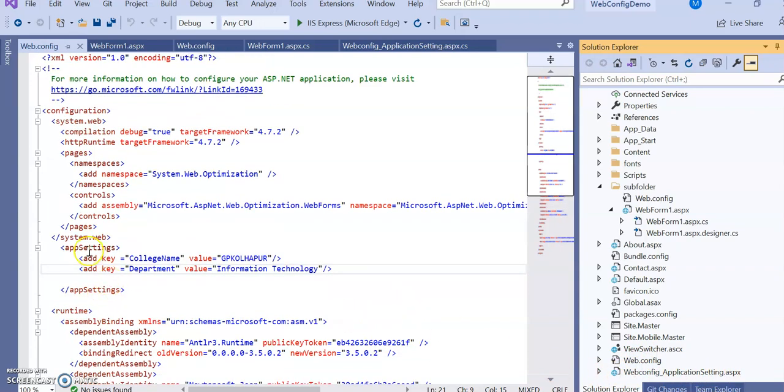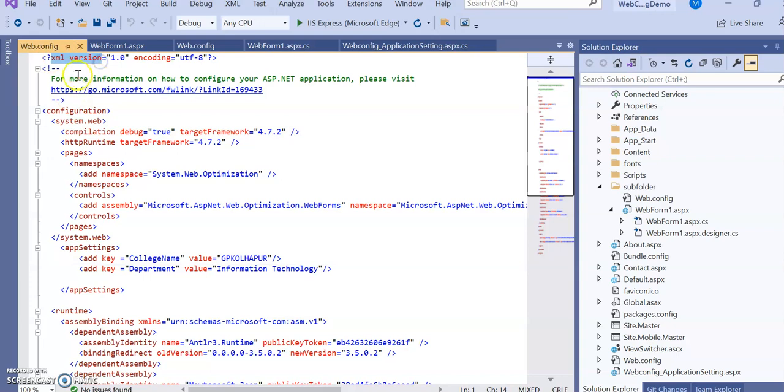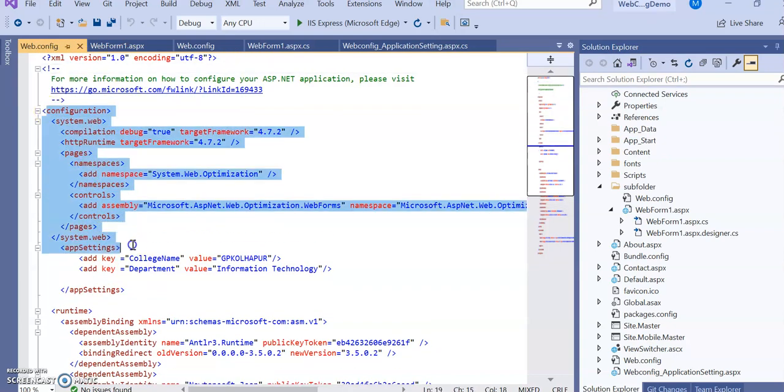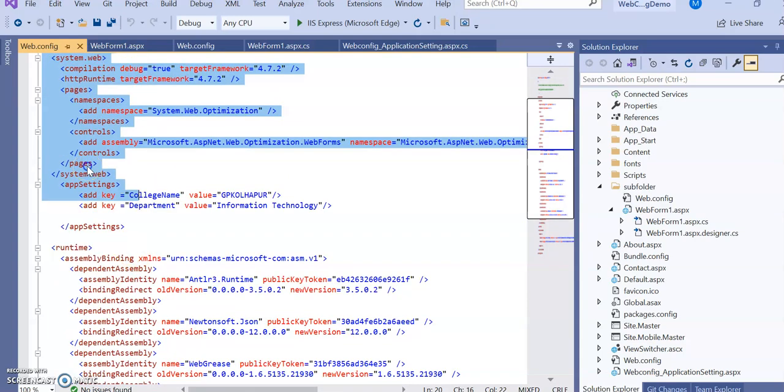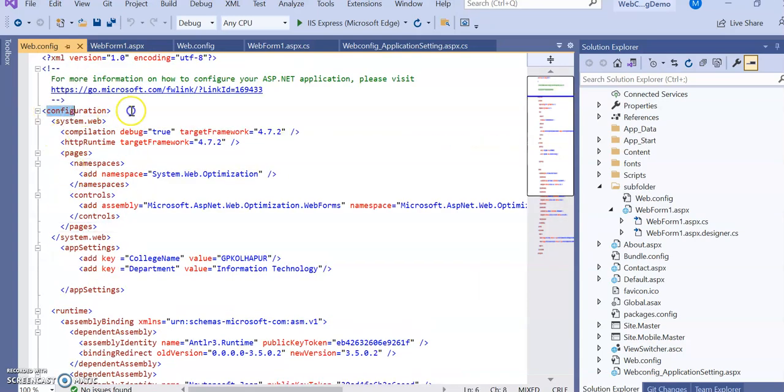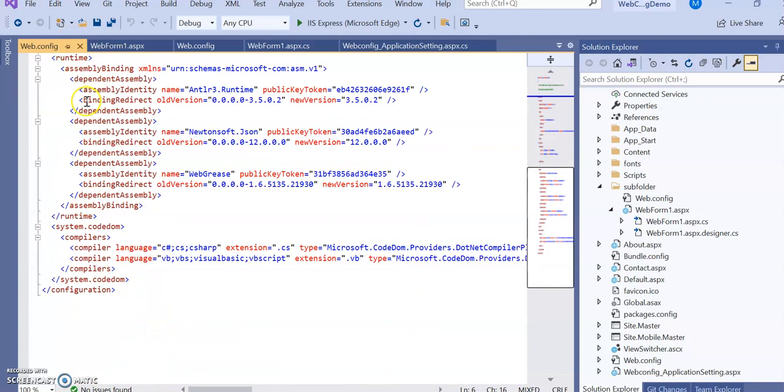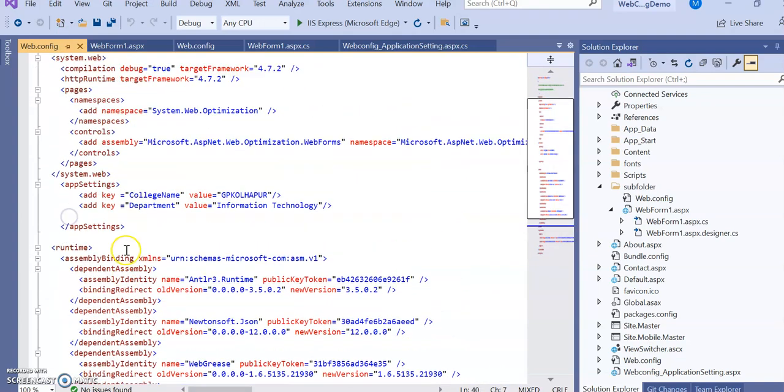Now look at this web.config file. What is the type of this web.config file? It is XML. You can see here this is an XML file. Now these are some configuration settings, and in the configuration, this is the root element, and in that there are different child elements.